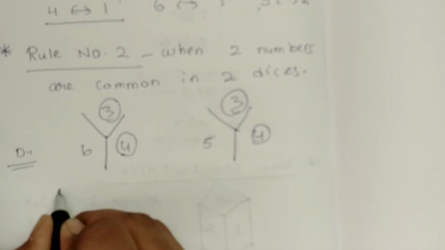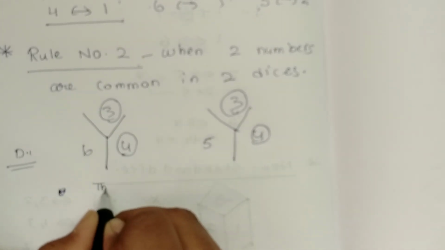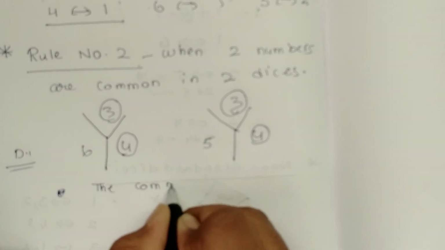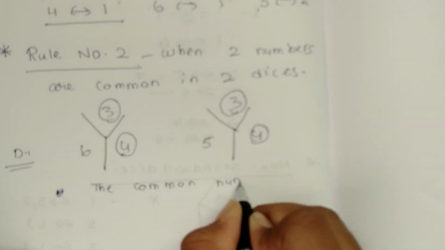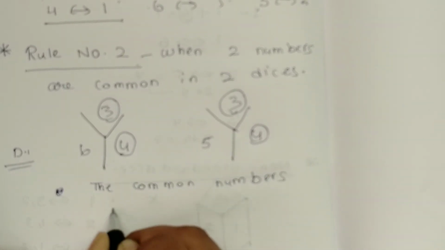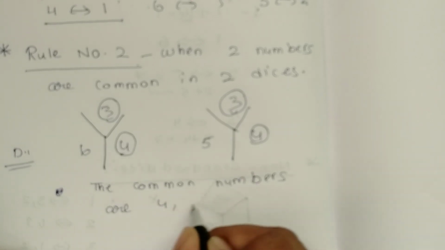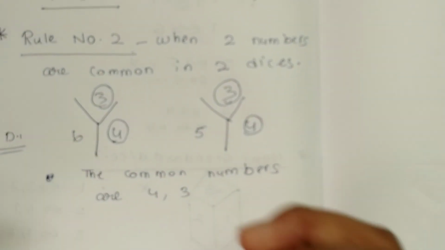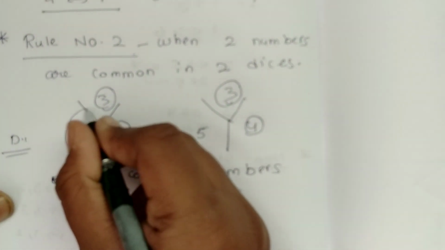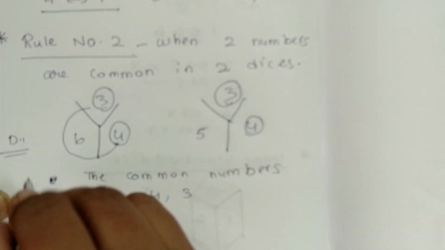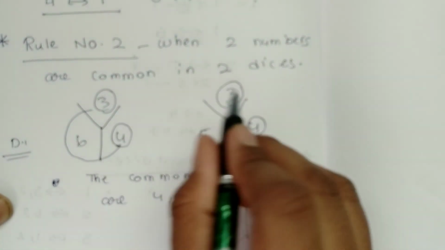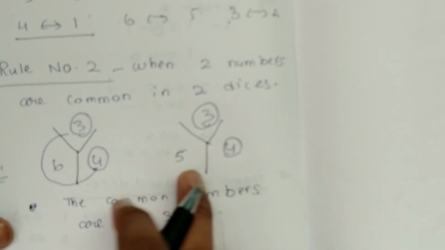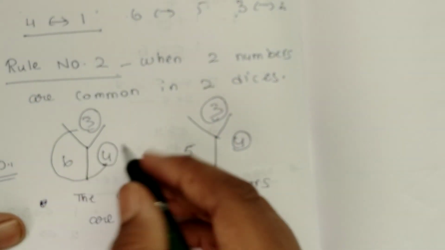So here the common numbers are 4 and 3. Now what you have to do? Now we have to go in clockwise or anti-clockwise direction. The previous question I have done clockwise, so in this question I'll go anti-clockwise direction. So if we go anti-clockwise direction, we should get 4 3 and 6. Now I'll write here,